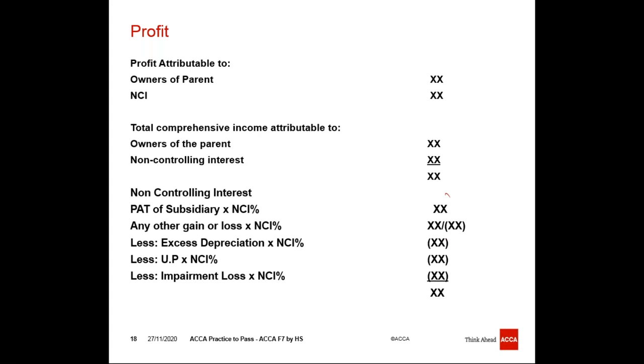Excess depreciation must be adjusted, and if there is a reversal of depreciation, it should be added back. Unrealized profit will be considered here only when the subsidiary sold goods to the parent company, and finally, impairment loss share should be allocated here. So this is how we calculate the NCI share, and the remaining amount will be the share of the owners